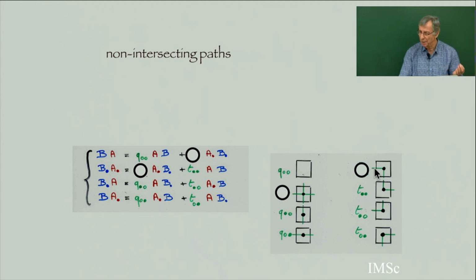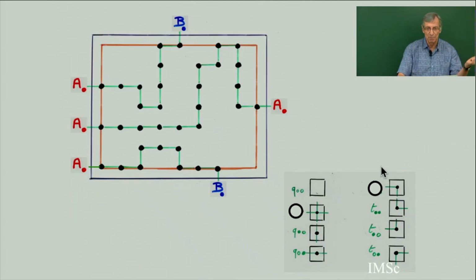But if I want to have only paths, you can get a loop if you allow all these 4 possible turns. But if I forbid one of these 4, then this will give me only paths. So if I forbid these 2 coefficients, I will get a configuration of non-intersecting paths, and they are kind of directed paths. They go in the direction which is related to this forbidden turn. So here is an example, you see. I have only these 2 zeros, so the paths are non-crossing, and this condition means I am getting paths.